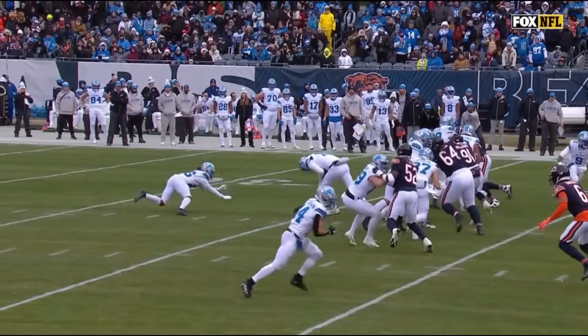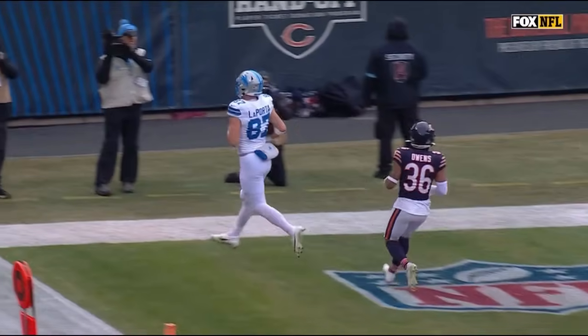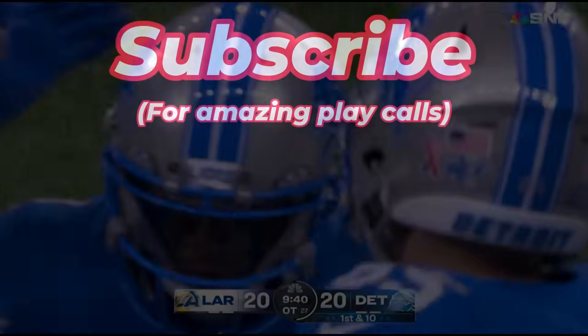S++ tier. Now I've seen it all, which is why everybody is so excited every time the Lions step on the field. Such a good play call, isn't it? I mean, you're talking about Ben Johnson